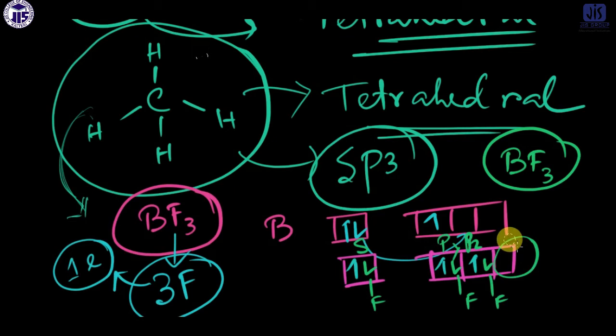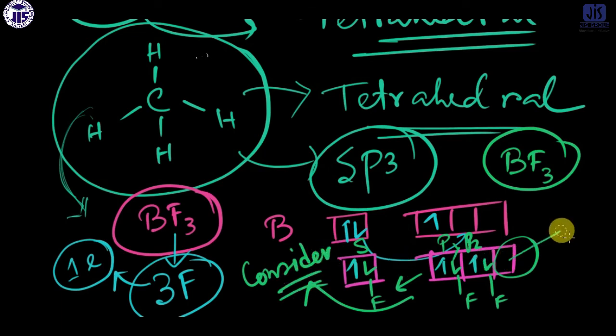So you have to keep in mind one thing: if any of the vacant, I will show you one example also, that any of the fulfilled orbital is present in the inner side, you have to consider for the hybridization. If it is the inner side, consider, but if it is the outer side, it should not be considered. Okay, so here what is the hybridization? The hybridization of the compound is obviously